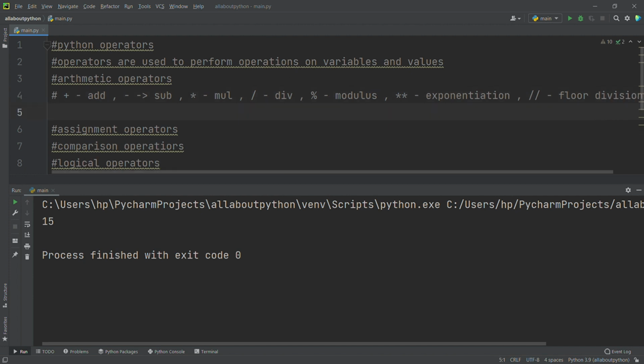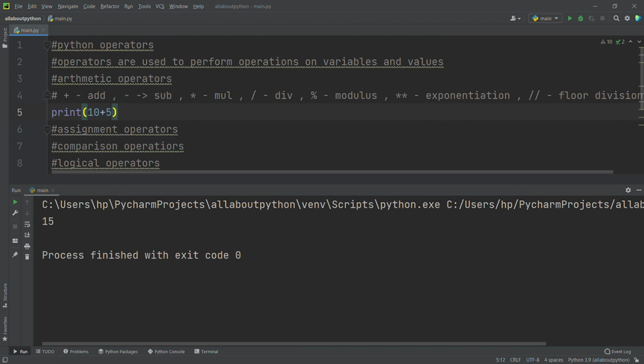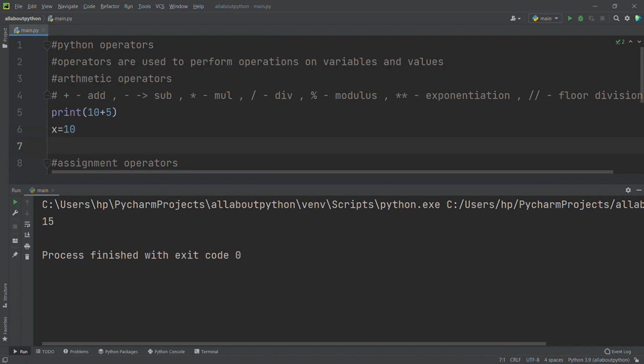Now we'll see how addition works. We all know, but we will see a few examples in case anyone doesn't know. Print of 10 plus 5. Here I'm using values. Now we'll go with variables: x is equal to 10 and y is equal to 4.